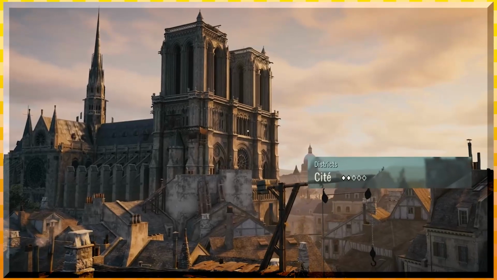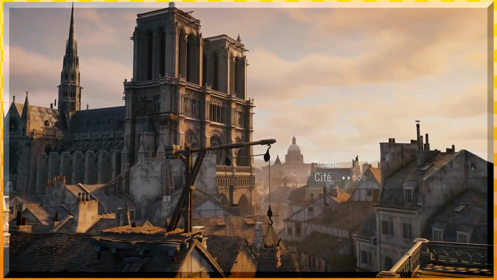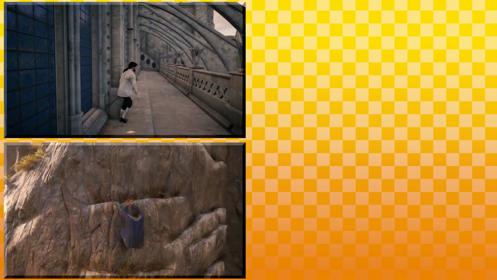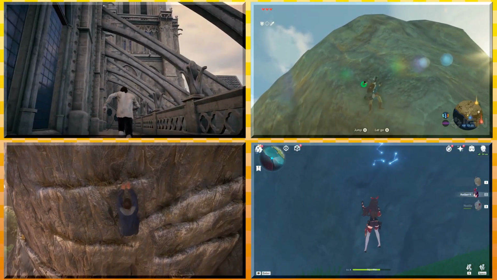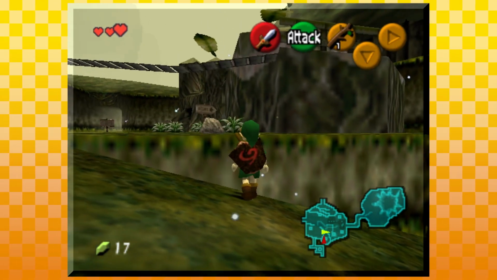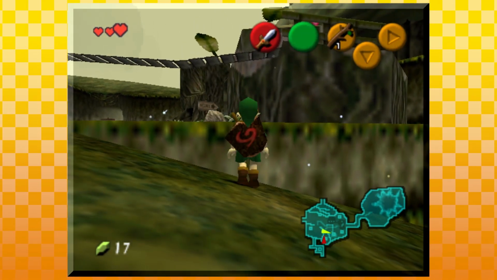In video games, there are many different interpretations or implementations of climbing. You have the deliberate and designed climbing of Assassin's Creed and Uncharted, to the free climbing of Breath of the Wild and Genshin Impact. In this video, we're going to create something similar to Ocarina of Time. That's not to say that we're aiming to emulate it completely, but it is a good example of what we're